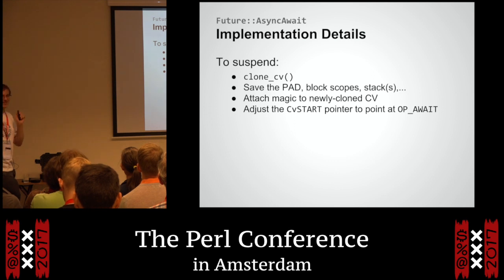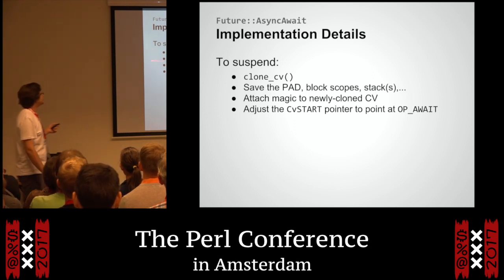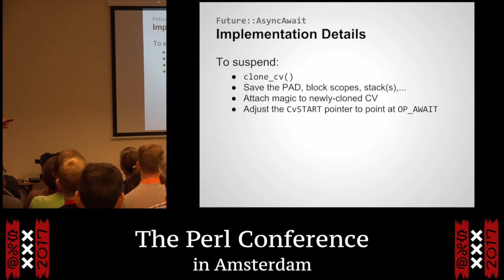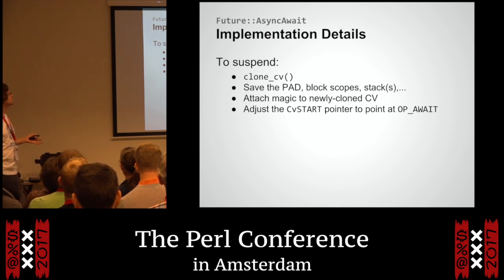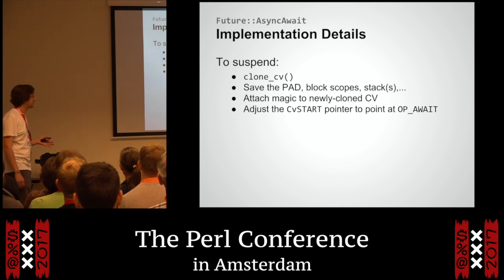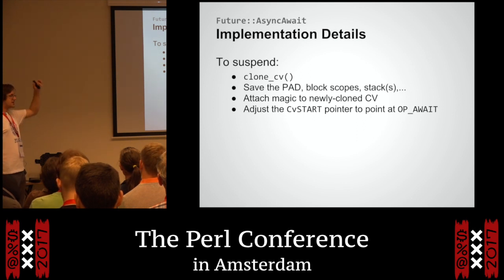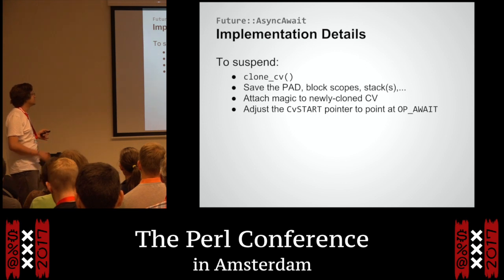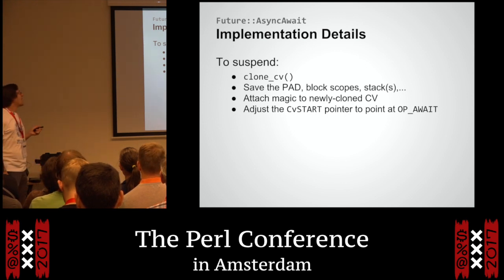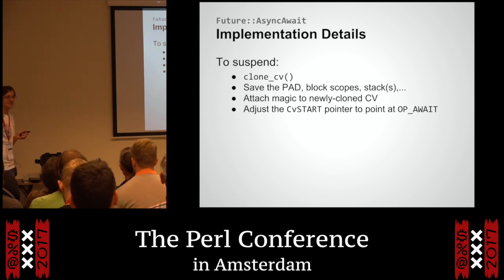And then the key thing. So, when you compile a Perl function, the op tree, the root of the op tree, the kind of syntactic outer container of the syntax, is stored in the CV in a slot called CV root, which is the start of the thing. But an optree also stores internally kind of a linked list of the execution order of the operations, and this is the order we're going to run them in. And the first one of those is stored in a field called CV start. So what do I do? I just adjust CV start of this new copy to point directly at the op await. And that's it.